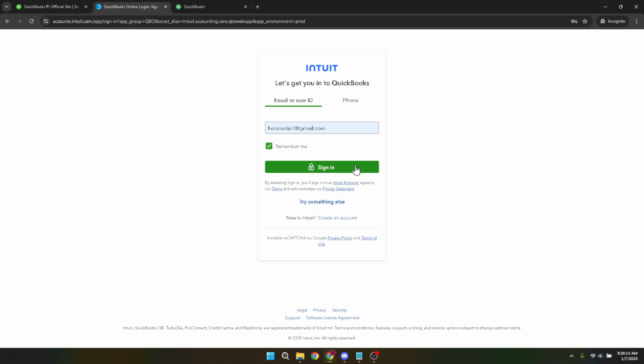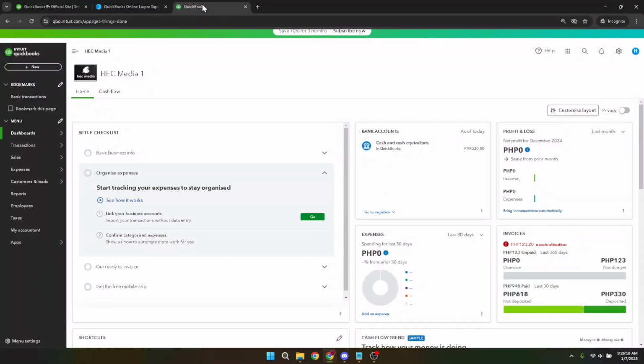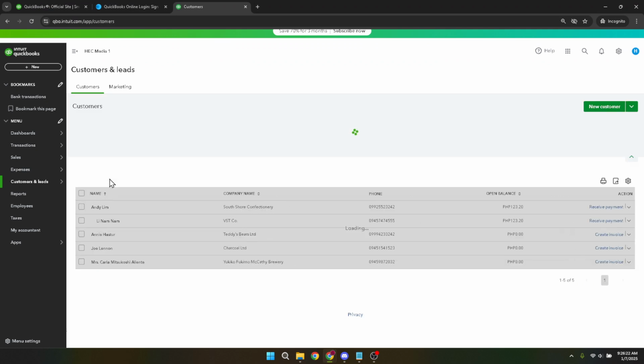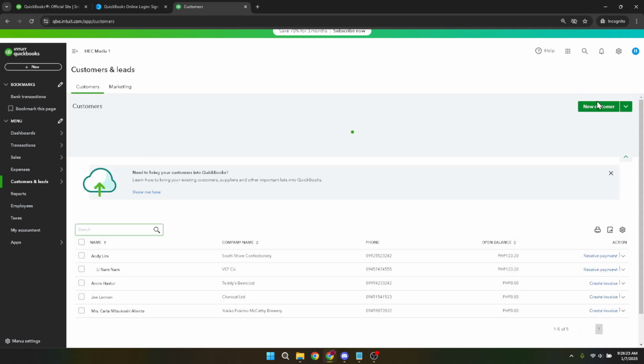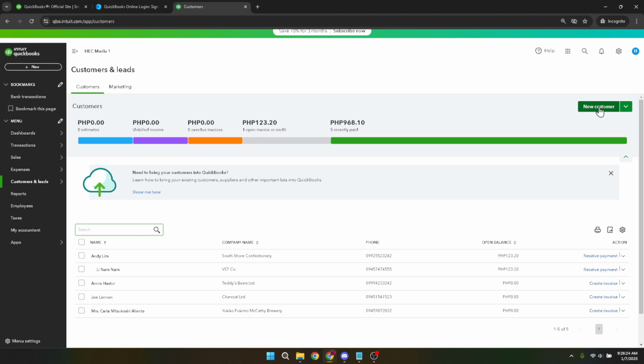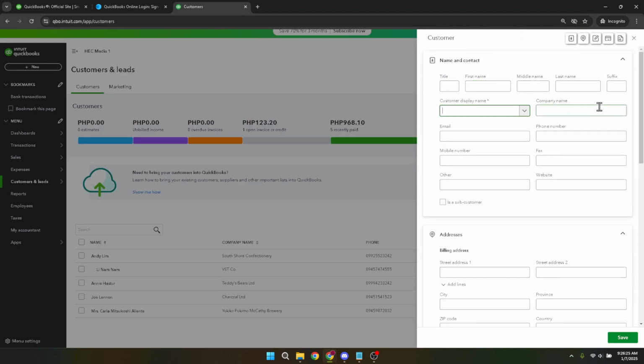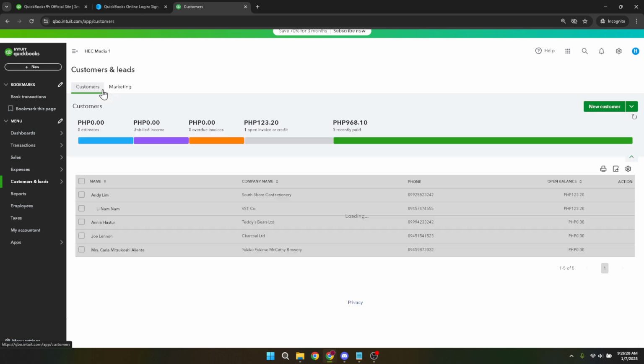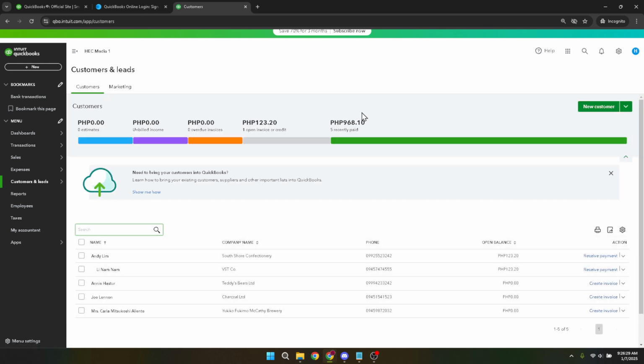Once inside, the first thing you want to do is locate the Customers and Leads section. You'll find this option in your account's navigation panel. Click on it to open up more options specifically tailored to managing your customers and any associated projects. Now that you're in the Customers and Leads section, look for an option labeled Customers. Clicking on this will take you to a page where all your customer information is displayed. It's like the central hub for anyone you're doing business with or those you plan to invoice, making this step crucial for setting up the job.